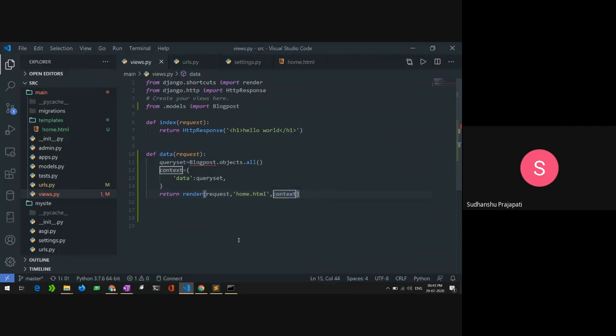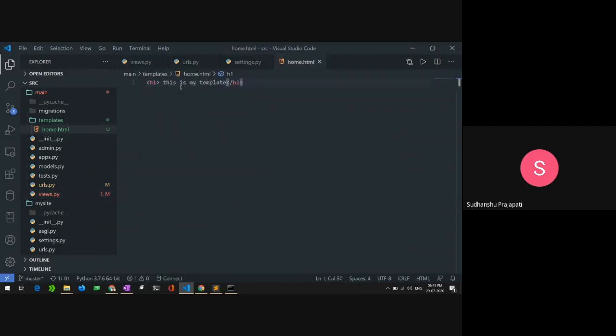So it can go into the template and match everything you are passing with the actual template data.